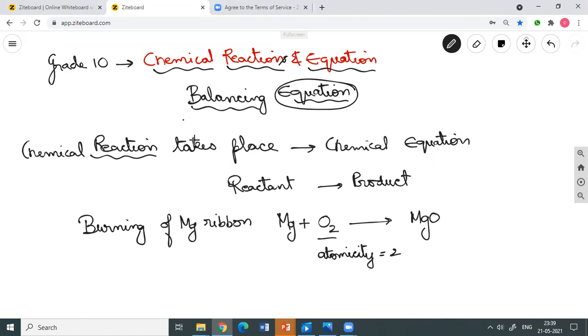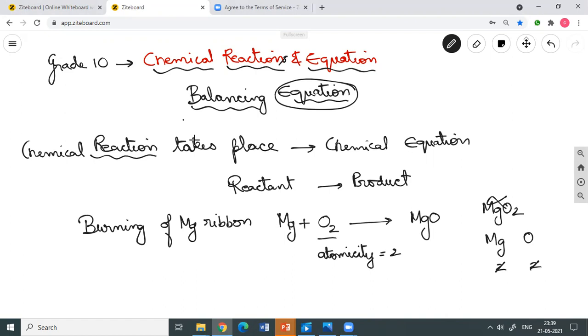Oxygen actually exists as O2. Its composition is O2. We breathe in oxygen as a molecule only. So here magnesium, which is a metal, is burning in oxygen and giving out magnesium oxide. Many students write magnesium oxide as MgO2 or some other numbers like Mg2O. This is absolutely wrong. Why? Because both magnesium and oxygen have valencies of 2 when they form a compound. Magnesium valency is 2, oxygen valency is 2. So these cancel to simplify, and it exists as MgO. Now if you see this equation, it's a very simple equation.